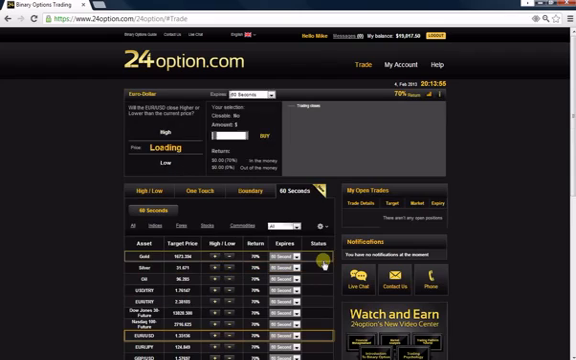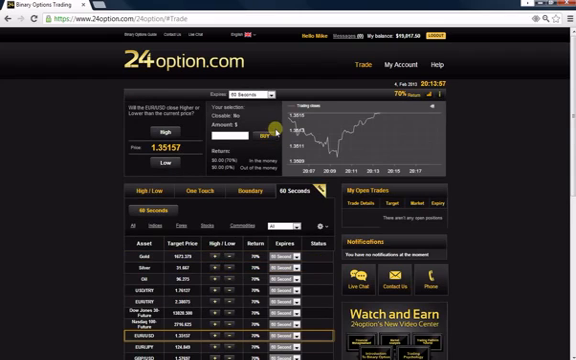So we're going to go here to the Euro US dollar. We're going to click it and take a look at what's been going on for the last few minutes. It's gone down, it's gone up here. So we're going to go with low, so puts. Now the minimum investment for 24options is $25, which is higher than other options